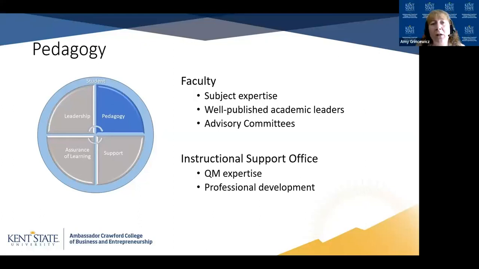And so this is kind of that collaborative approach between a faculty and in our instructional support office, we have an associate instructional designer and a lead educational technologist, as well as that's the area that I reside in. And that office is really the one that has all the QM expertise. So the 2 members of my team and myself, we've taken all the QM trainings. And so we don't really put the ownership of the QM on the faculty and have them do all the trainings. We put it more on the instructional support office.